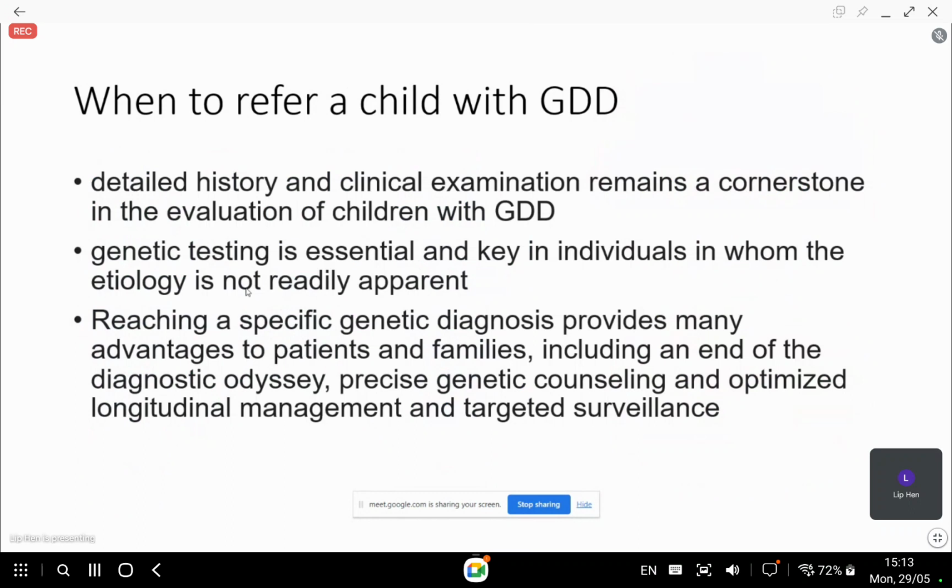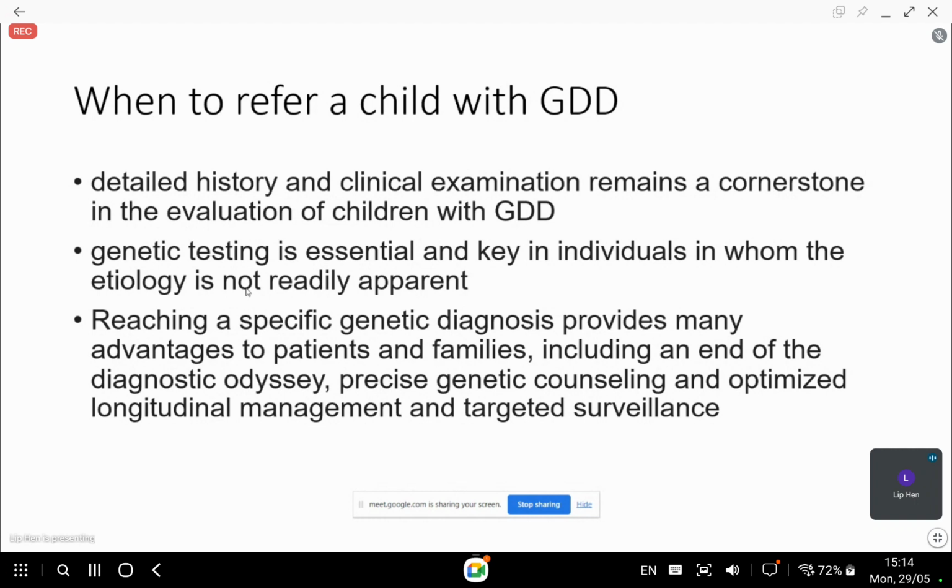So when to refer a child with global developmental delay. Detailed history and clinical examination remain a cornerstone in the evaluation of children with GDD. So it is still very important to take a history, examine properly, and look for all the clues that are present. Genetic testing is essential in individuals in whom the etiology is not readily apparent. When you don't have a diagnosis and you strongly suspect this child has some genetic condition, then yes,